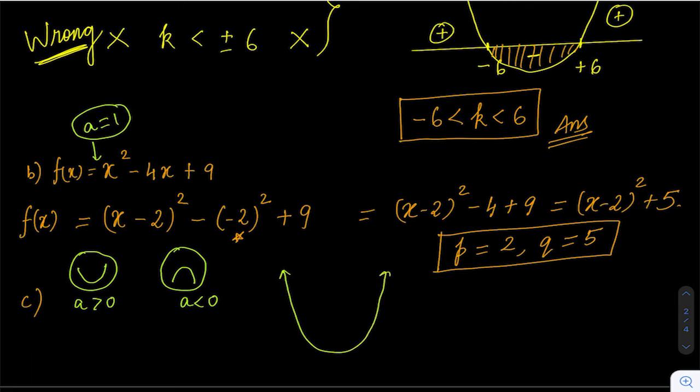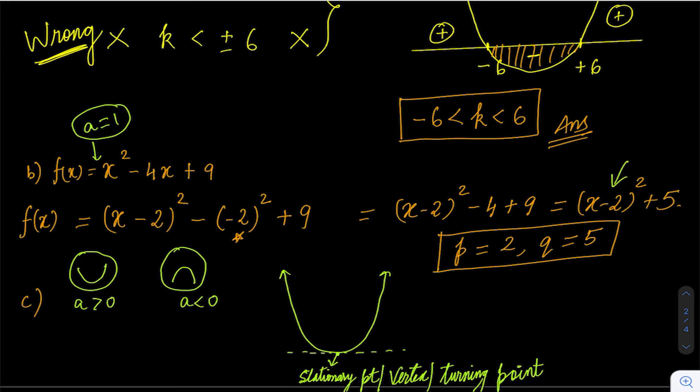Now if my graph is something like this, you can see which point is my minimum point. So this is my minimum point. What is this point? There are a lot of names. For this curve, you can say this is the stationary point. We have discussed this also. Or you can say this is my vertex, or you can say turning point. There are a lot of names for this particular curve. And we know what my turning point is.